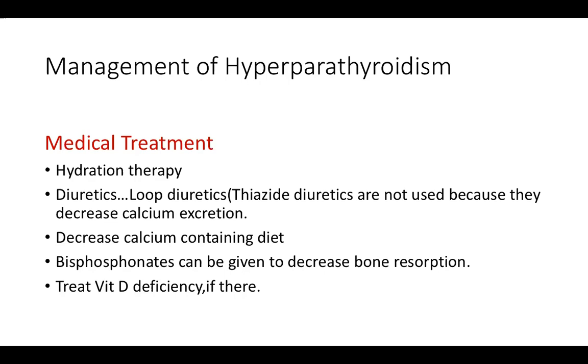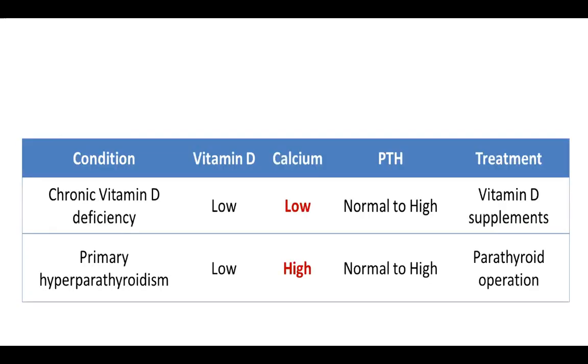Bisphosphonates, which are used to treat osteoporosis, may be given in an attempt to decrease bone resorption. And if vitamin D deficiency is there, you should treat that as well. So if there is vitamin D deficiency, you should give vitamin D supplements. But if there is no vitamin D deficiency and the parathyroid hormone and calcium levels are high,